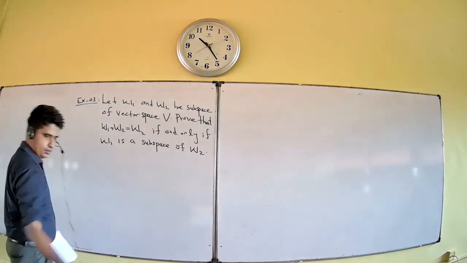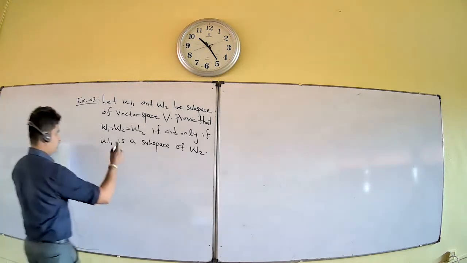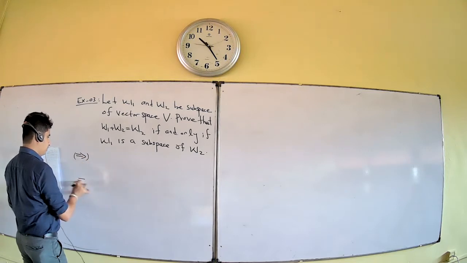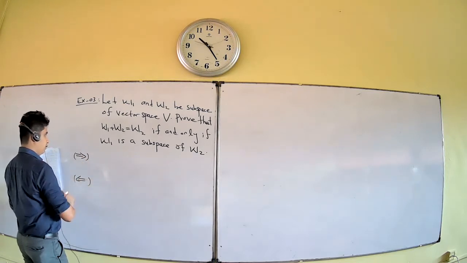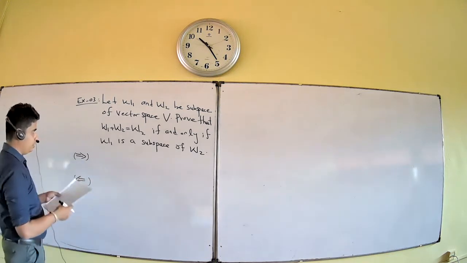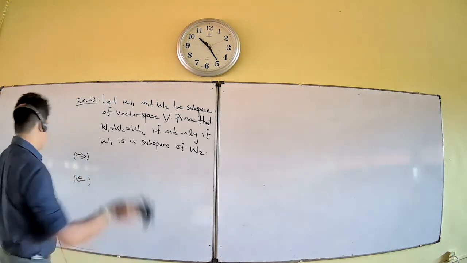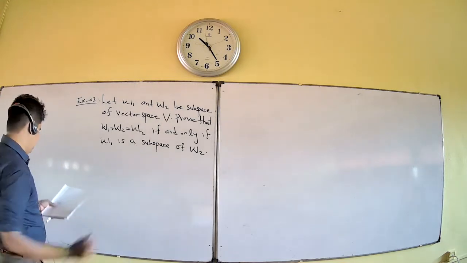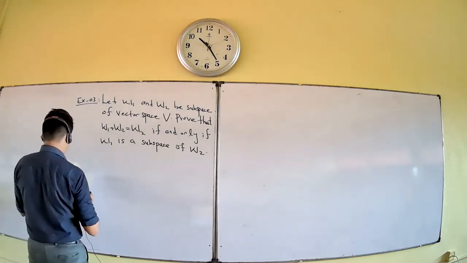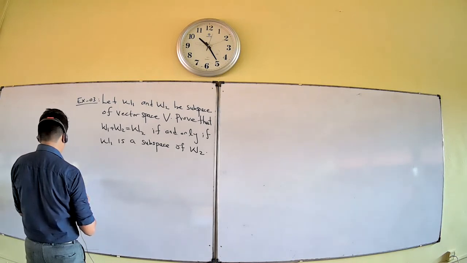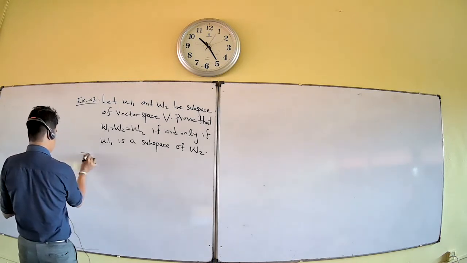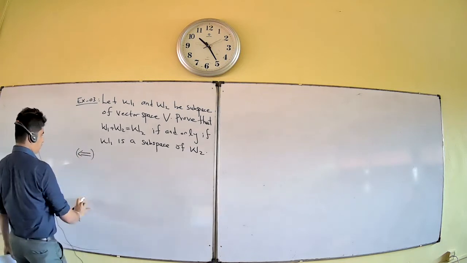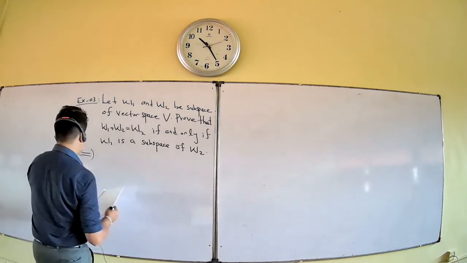Okay, right. Here you want to prove the necessary part and the sufficient part. This direction is the necessary part, and this direction is the sufficient part. First, we take the sufficient part. We will prove the sufficient part first. You can prove either part first, no problem, right? To prove both is okay.